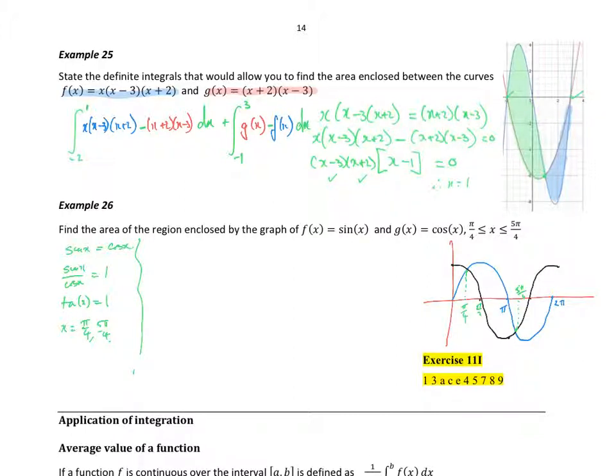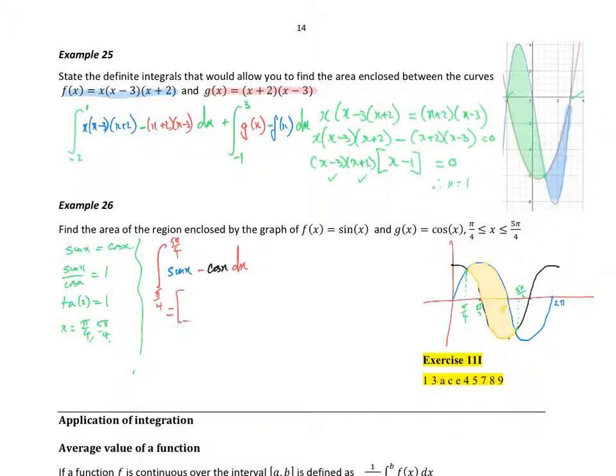So in this one, we're just after the region bound by those two functions, between those two areas. So the area we're looking for here is just this area here. Yeah? Let's turn that black line into yellow. So top function is the blue function between pi on 4 and 5 pi on 4. I'll just go with red. The integral between pi on 4 and 5 pi on 4 of top function, which is blue, blue function is sine x, minus bottom function, which is black, which is obviously cos x,